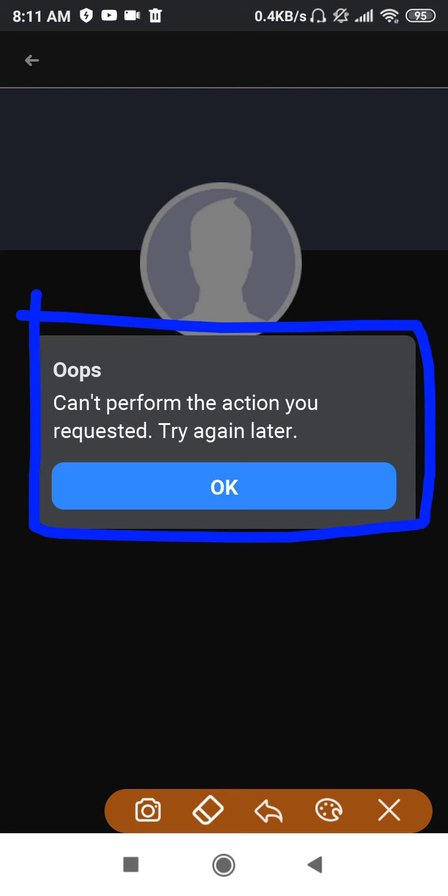Whenever you face this problem, you cannot go to someone's profile, you cannot message them, you cannot video call them, you cannot call them, you cannot do anything with them when you get this error.